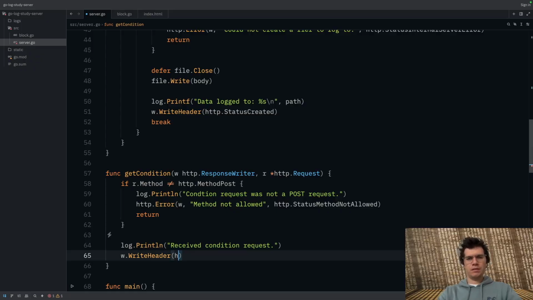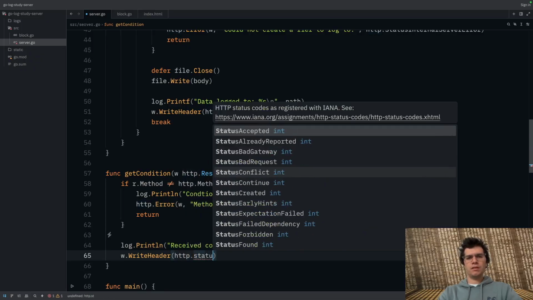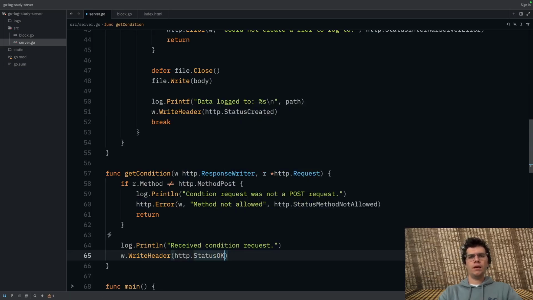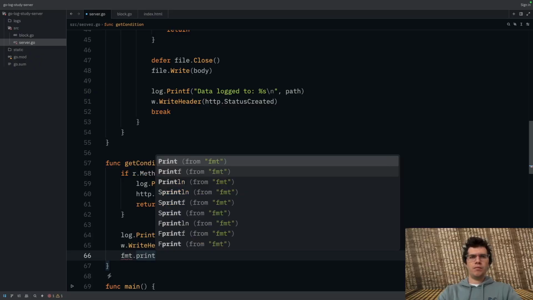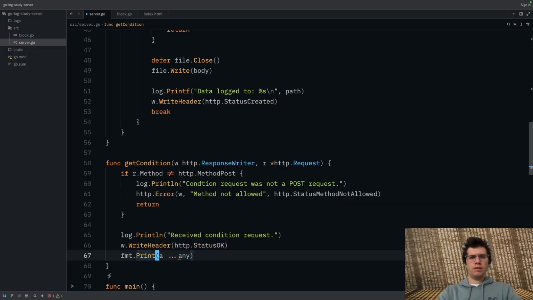If anyone's curious, that is okay. So fmt.print, just print, and we're going to do fprint. So we're going to say we're writing to W, block get condition.